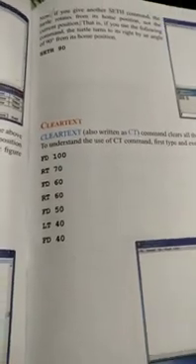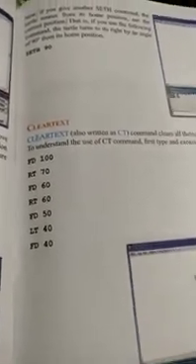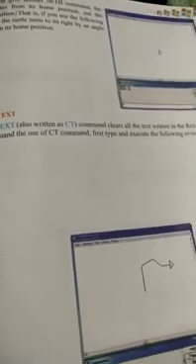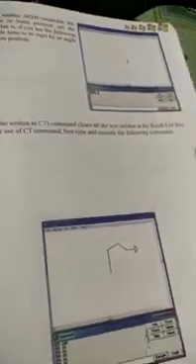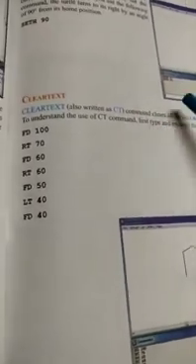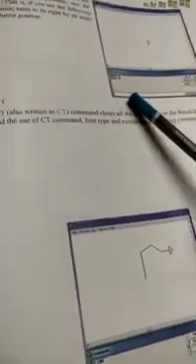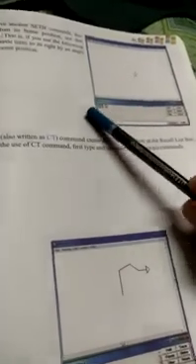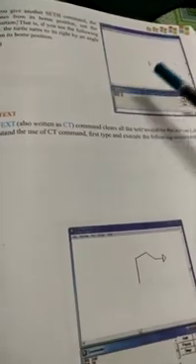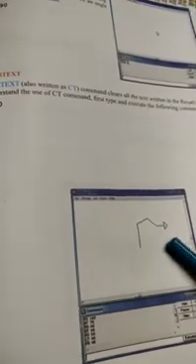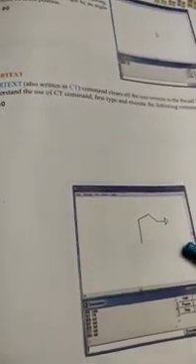Clear text. Clear text command cleans all the text written in the record list box. If you want to clean all the commands from our record list box, we will type CT. After that, we will find our record list box is empty. There is no command applied. But in the graphics screen, we will find our output. There we will not find any change.